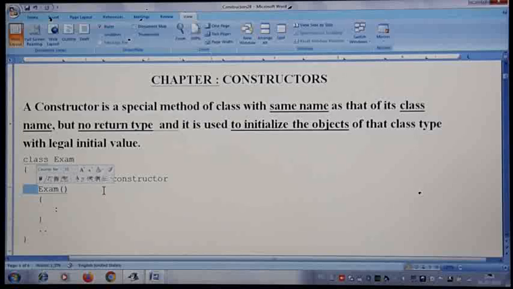If I take one example and explain, you will be very clear with this concept. Take this class named exam. We are writing one method named exam, and if you see the return type of the method, I have written nothing here. So no return type is mentioned for the constructor. If you write a method with the same name as the class name, then we call this a constructor. A constructor never returns any value. We don't even write void for this constructor, and its purpose is to initialize the object.